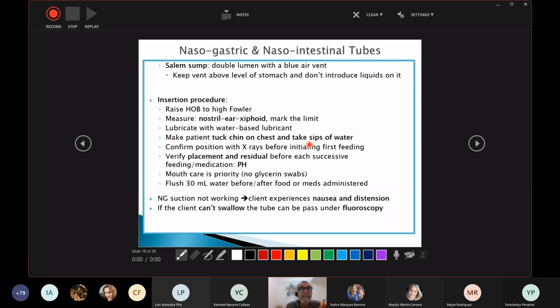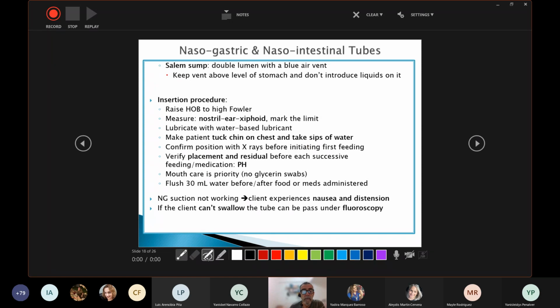So now each procedure will be different. The previous steps are common to most of the procedures, and you should know in which order they go. In the case of the introduction of a nasogastric tube, the next step is to measure how much of the tube is going to be introduced in the client. For that reason, you need to know, it's tested, that you need to measure from the nostril, from the nose to the ear, and from the ear to the xiphoid process.